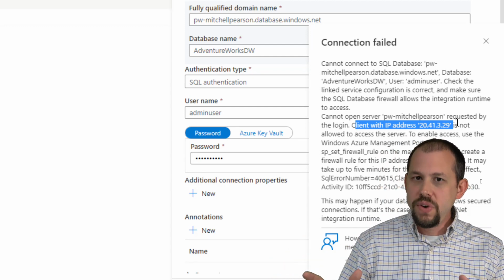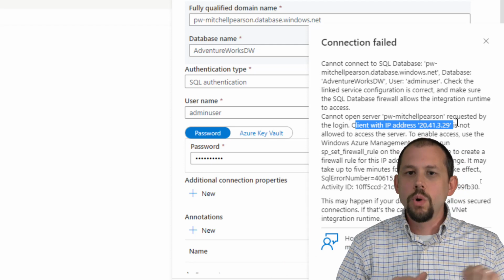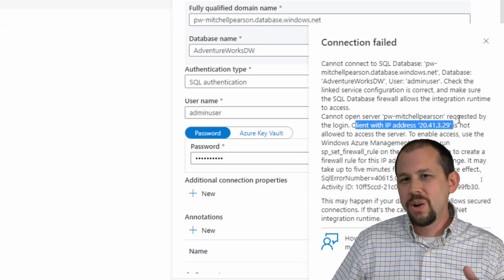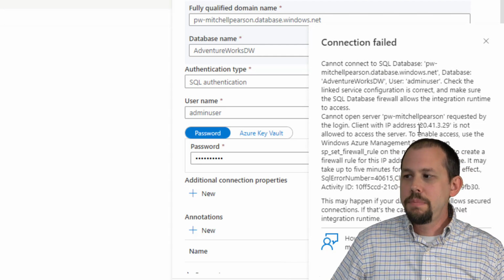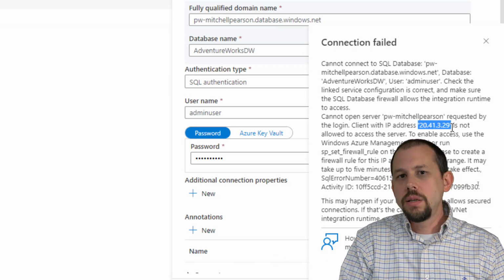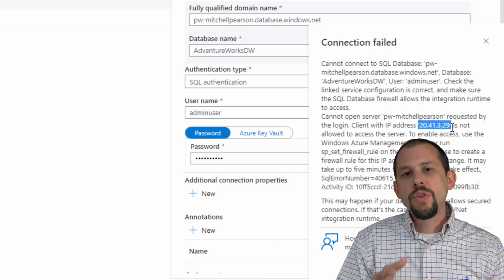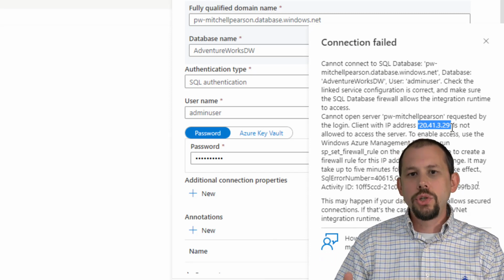Now, how do we fix this without managed virtual networks, without private endpoints? A little less secure, right? How do we fix it? Well, either A, we can take this IP address and add it to the firewall rule of that SQL Server database. Or B, we can turn on allow Azure services